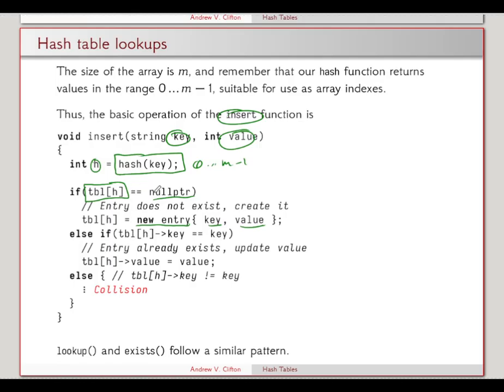On the other hand, if the table entry is not a null pointer, we can look at the key inside of this table entry. If it is a match for the key that we're given up here, then that means the entry already exists and we just want to update the value. We just change the value in the existing entry to the new value that we're given. Otherwise,